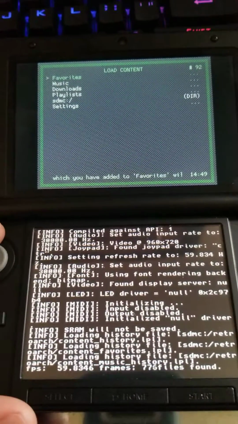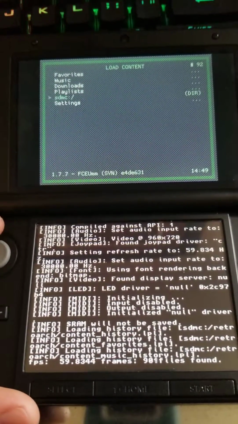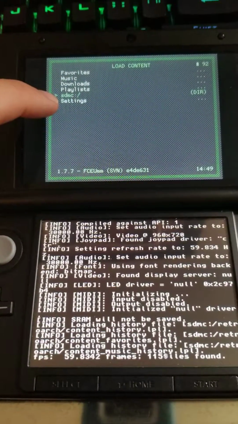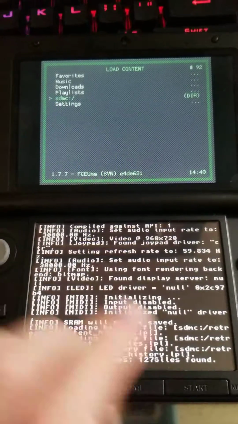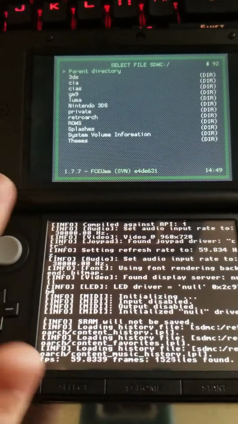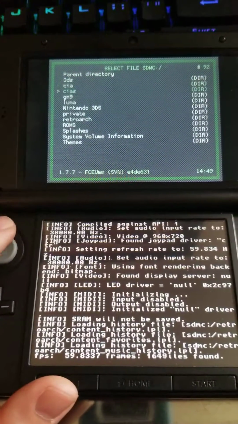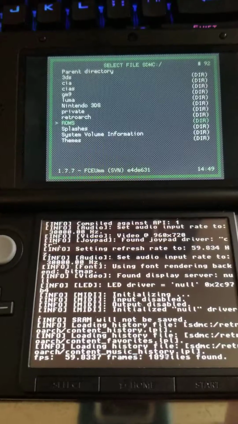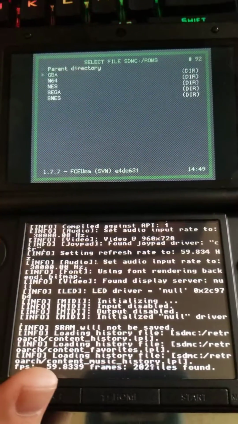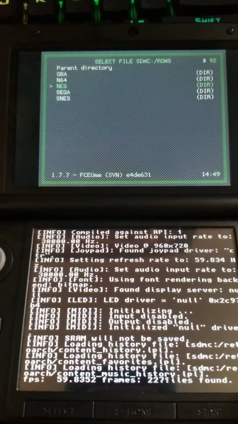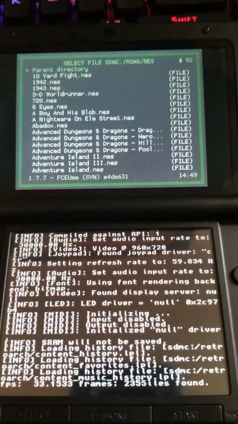And now you have to go to the correct memory card location. Ignore all these other ones. The one you want is SDMC. It stands for SD memory card, running a game off your micro SD. So you click that, and in that directory, you want to go down to the ROMs folder. So you click ROMs, and we were going to play a Nintendo Entertainment System game, so we click on NES,